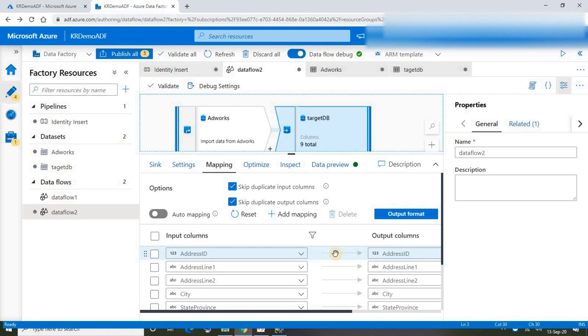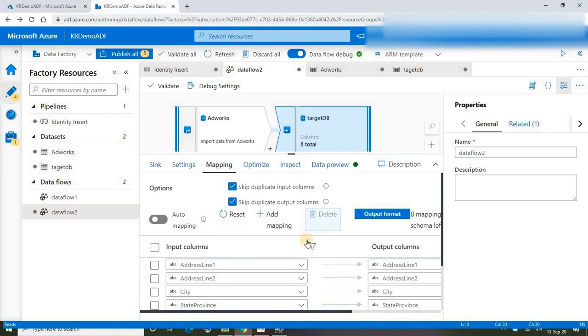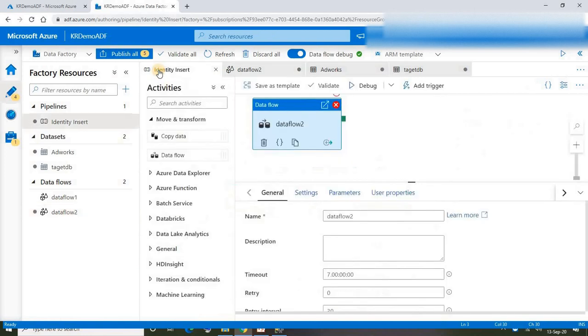So how do we handle that? We can handle that in two ways. First way I'll show you. The first way is we can take off this mapping. So I'm just deleting this mapping. That means it won't take the value from the source table, but let's see what value it will take then. Let's go ahead and execute our pipeline. I did not do anything else, I just removed the mapping for that specific column and started debugging.